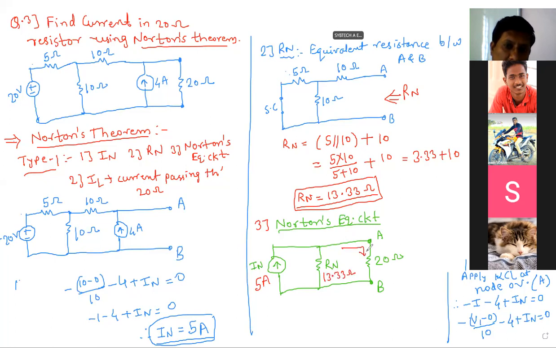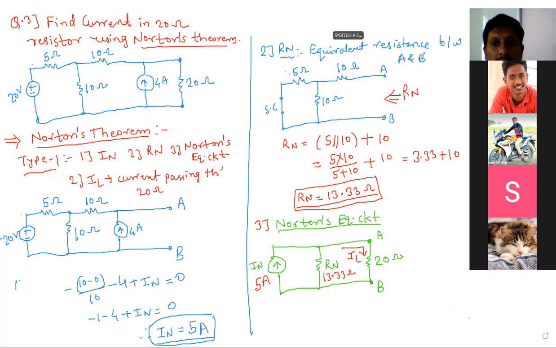So now you have to find out this current as IL. So how to find that IL now? Which concept we have to use to find out IL? This IN current is flowing up to this point, and it is divided. Some current will flow through RN, remaining current will flow through 20 ohm. So that current we have to find out, IL. So by current division,